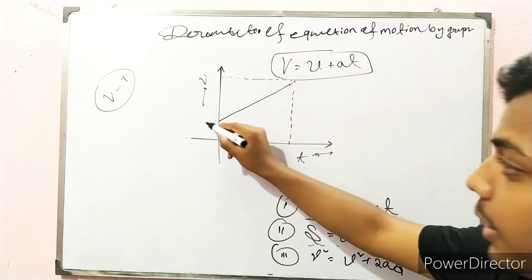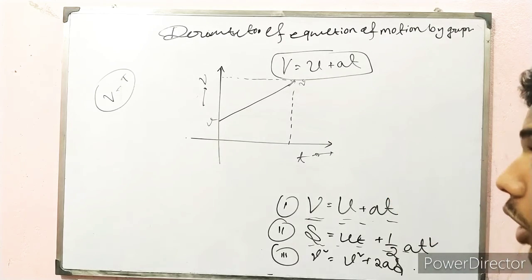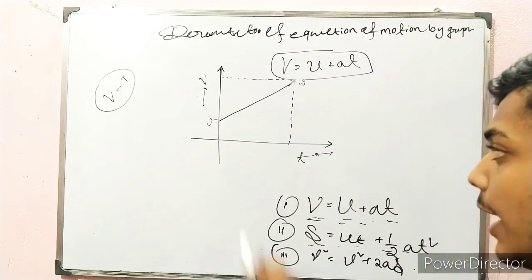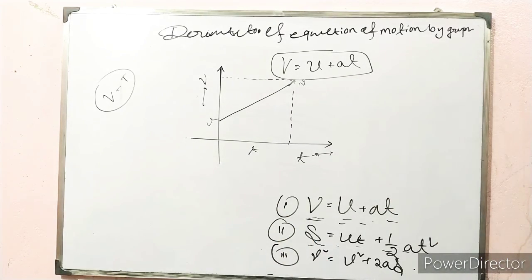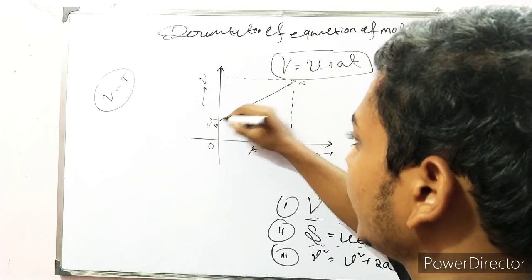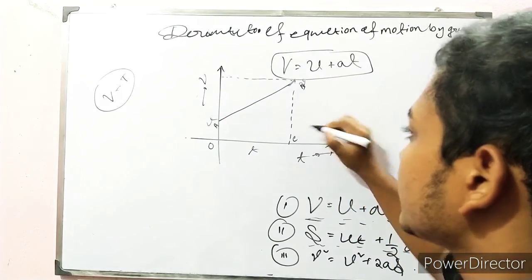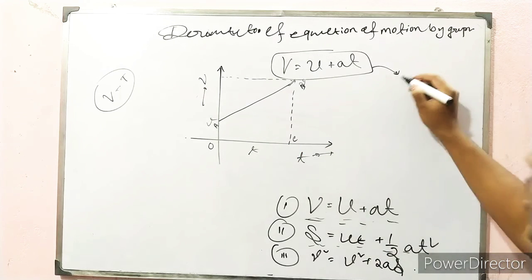This is the initial velocity u and this is the final velocity v. To reach the final velocity it takes time t. Okay, so I will name the points O, A, B, C. To prove this we can take the slope